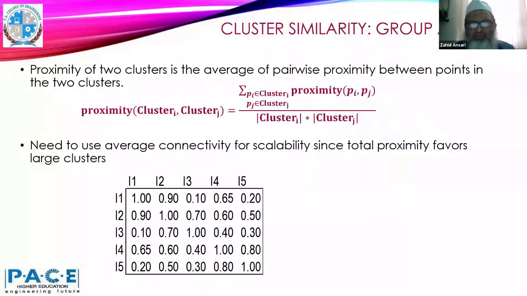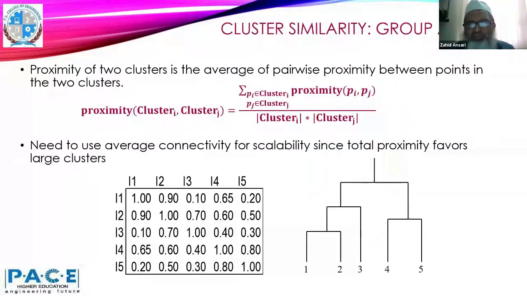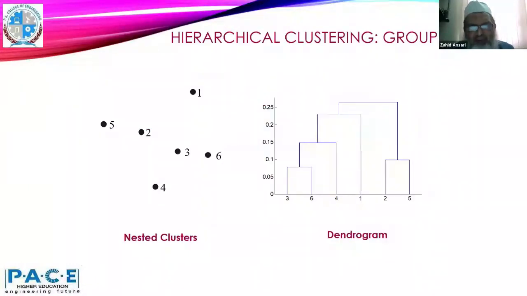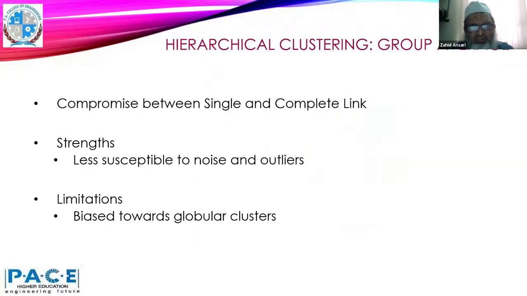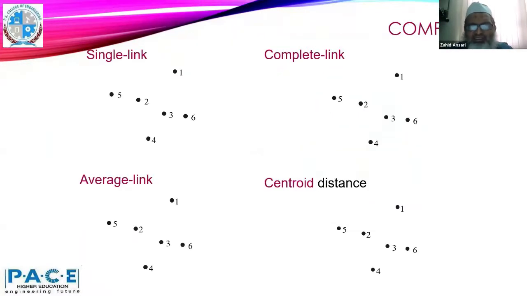If we do the same thing using the average, then the clustering goes this way. I'm just going quickly now, the clustering based on the average, and we are getting these dendrograms, right? All these methods have their weaknesses and strengths. Now let's say in one diagram we compare single link, complete link, average link, and the centroid distances.